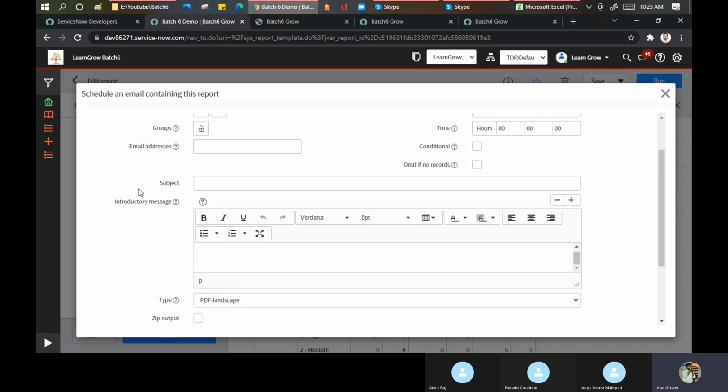Now I have only one question, and I need your inputs there. I have 3 resources: Ronald, Ankit, and Surya. All are working as operation managers in different teams: database, Unix, and the server. I did not give scheduling rights to any one of these.